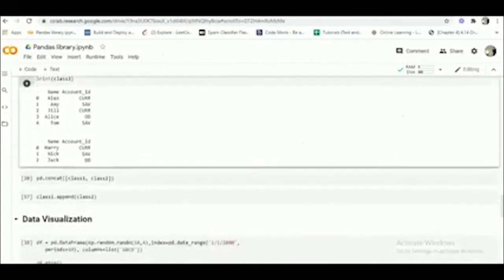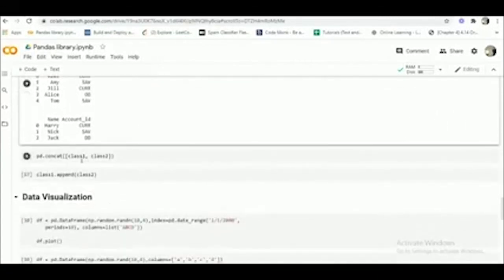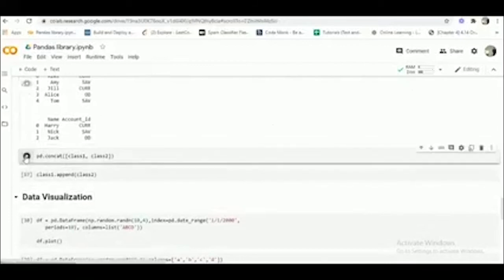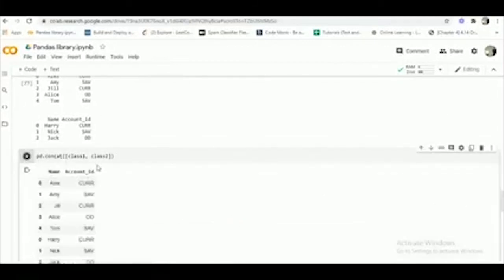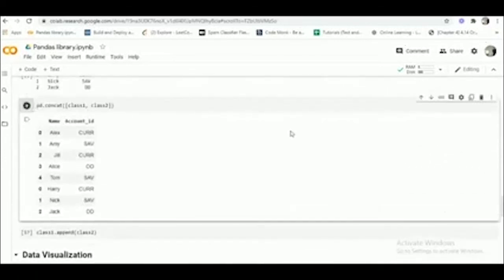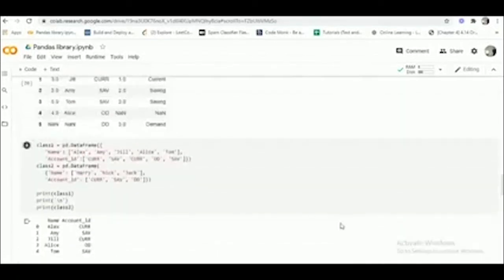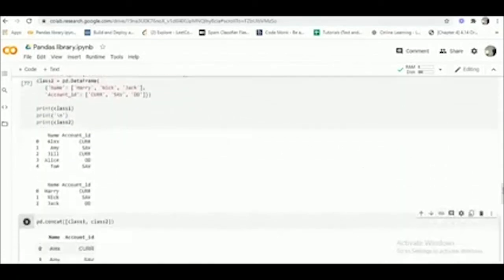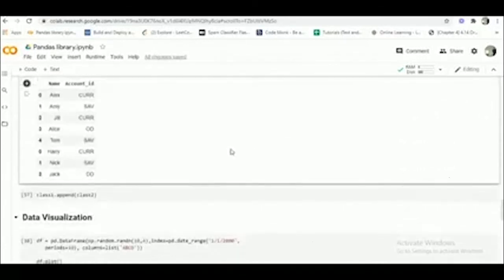Now I will concat these two data frames. pd.concat will give me a concat data frame like this. So it just concatenated them: Alex, Amy, Jill, Alice and Tom, Alice and Tam, and Harry, Nick, Jack.